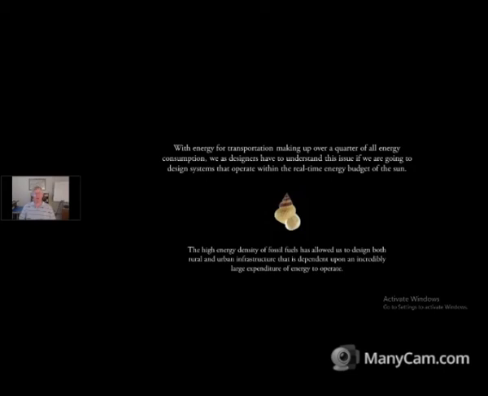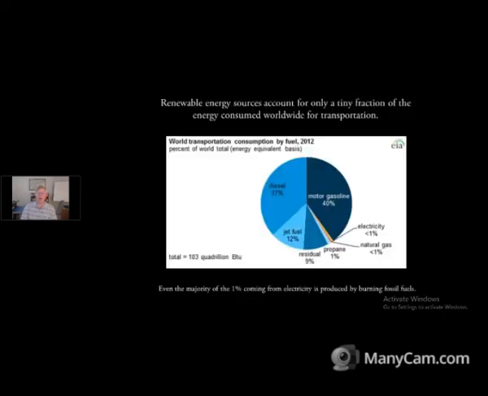And that's something we're going to have to really think about if we're going to get to something that can operate on the real-time energy budget of the sun and not be dependent upon fossil fuels. Because if we stop and look at it, what you're going to see is that there is almost